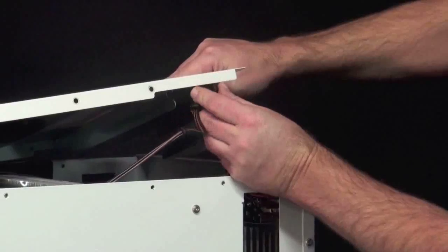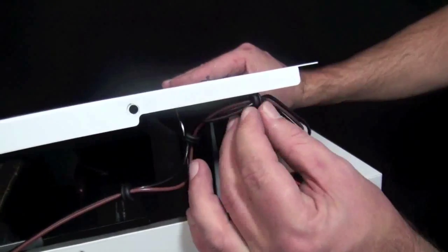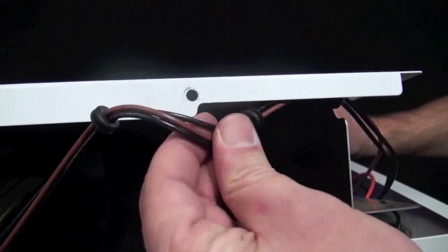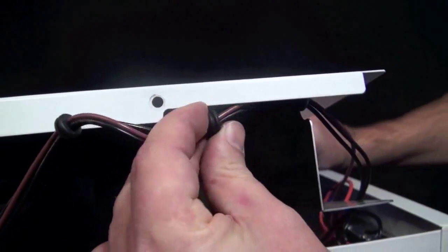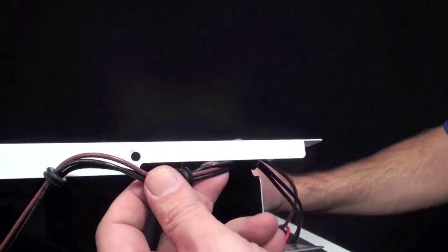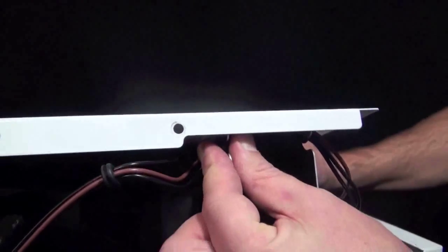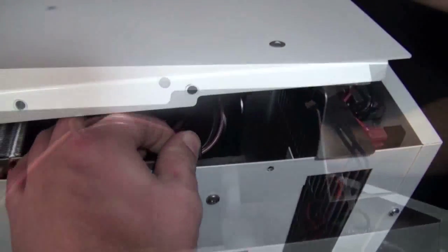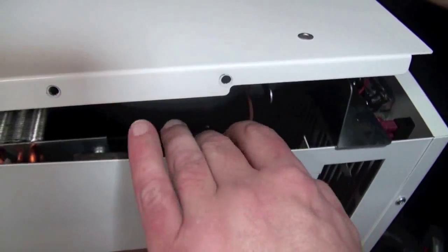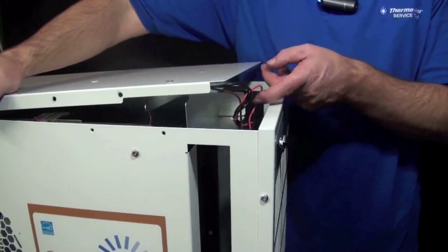And you'll notice there's a groove in the rubber grommet. Line the groove up in the metal so the metal bracket slides in the groove, and push it up in position. And then you move to the next one, which would be the center one, and do the same. Up in position. And then you do the third. So after you have the rubber grommets in position, the next step is to